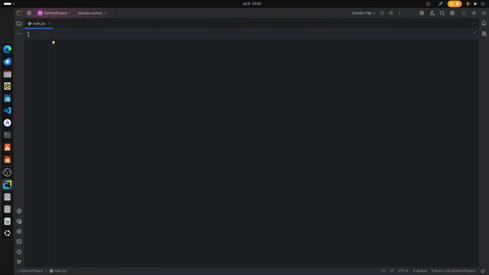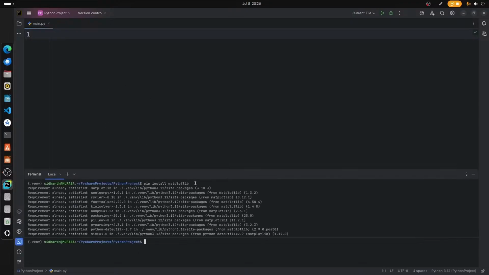So first we have to install Matplotlib. Matplotlib can be easily installed using pip. For that we need to open our terminal in our IDE, and you gotta run this command over here. That's pip install matplotlib. Once you do that, Matplotlib will be installed on your system. And also make sure that you have a virtual environment activated, because that's the safest way of handling pip packages,